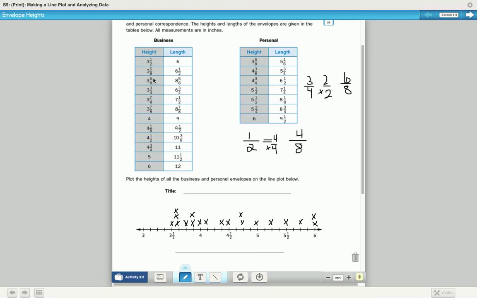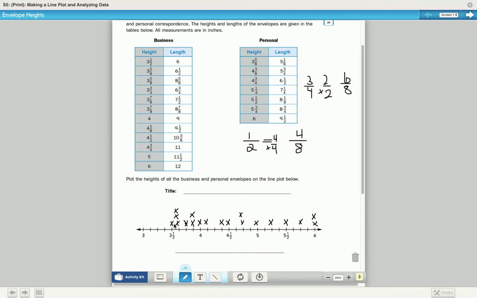So this one is equal to 3 and 6/8. So here's 4/8, 5/8, 6/8 right here. So that one goes there. You have to do the same thing with 1/4 to change into eighths. Multiply times 2. So after you have all those figured out,